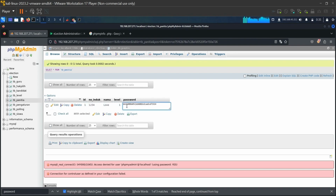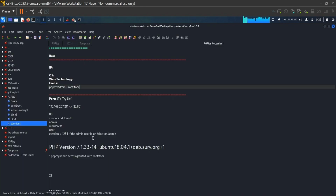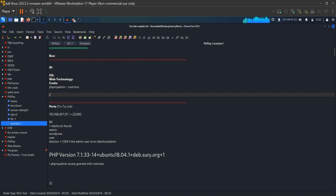So whenever you find a password, take a note of this and put it in your Cherrytree and say something like /election threads, and say this is the password and the ID was 1234. But this is not a password apparently. This is basically an MD5 sum of the password. So let's try to maybe